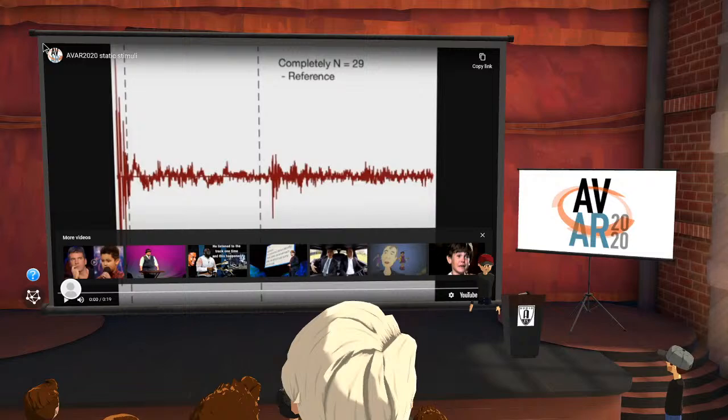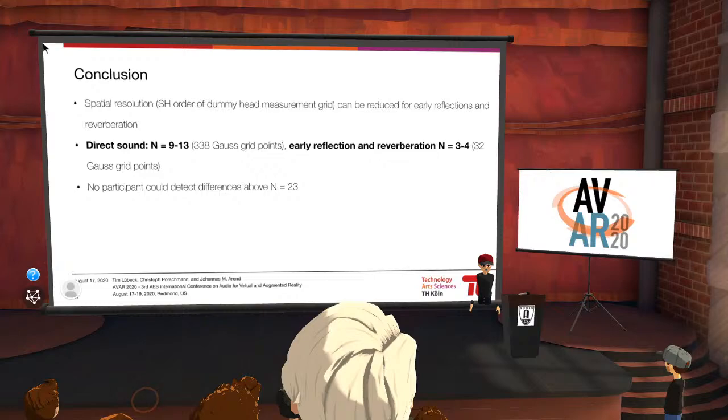So do you want to proceed forward, Tim? Yeah. So I can explain what we can hear here. So in the direct sound, we can clearly hear that we have a shift in direction, but we can also hear that for the early reflection and the reverberation, even on the third order, we can't hear any differences to the full resolution, and that's basically what the